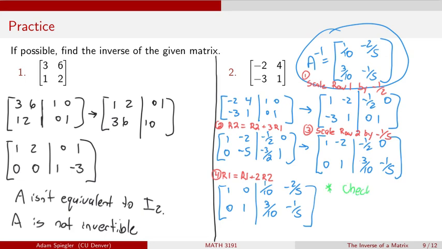And as always, I would highly encourage you to check your answers, and in particular, see what happens if I take A multiplied on the right by A inverse, do we get the identity? And when I take A and multiply on the left by A inverse, do we also get the 2 by 2 identity matrix back? And you can verify that you do in this case. So essentially what we're seeing here is that this matrix that we started out with is a composition of 4 different elementary row operations, and we are applying the opposite of these operations in the opposite order in order to obtain the inverse of a